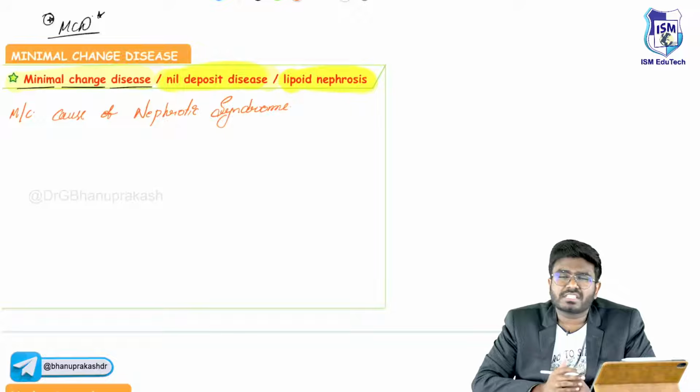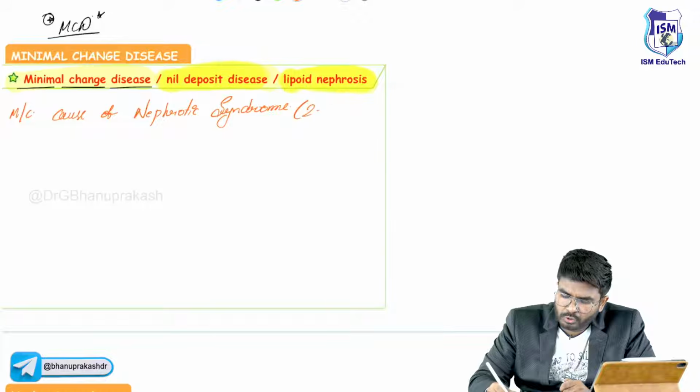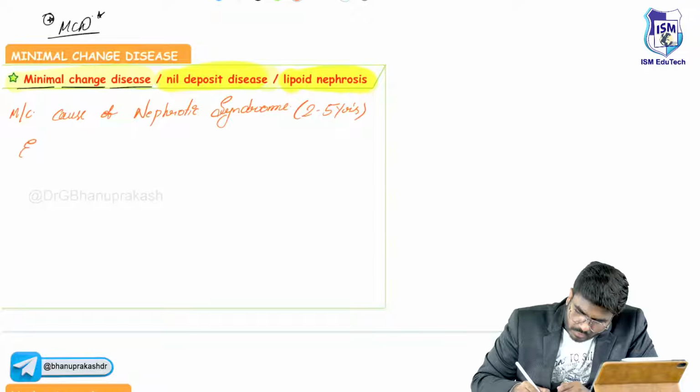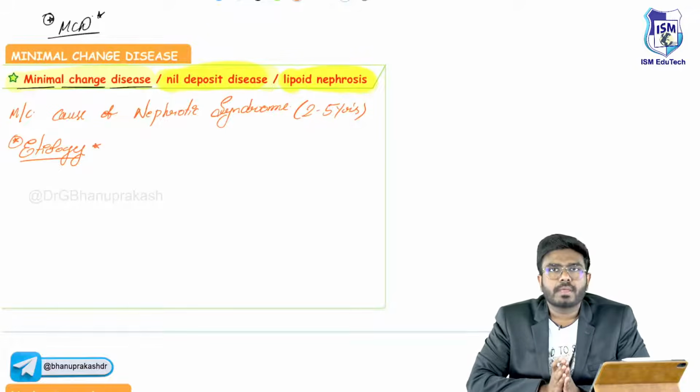It's usually seen in children, sir, usually children 2 to 5 years of age. It's usually not seen in adults; in adults it's uncommon. Now, what is the etiology? Who will get this? Which children, sir? Sir, let me tell you something. Normally,